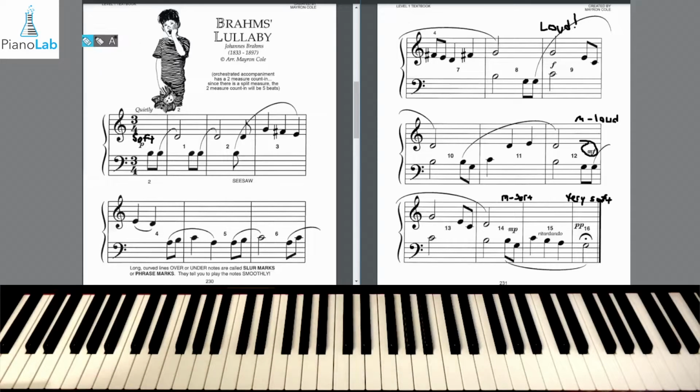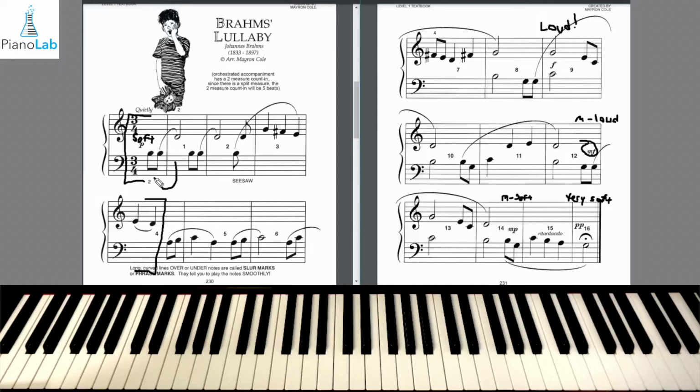I just realized that my mezzo piano here needs to cross here. It said medium sort. It's supposed to be medium soft, of course. Okay, so back to our song. We're going to separate this song into little phrases. I use that word like our little musical sentences like this. So we're going to do the first half of the fourth measure to get into the song.